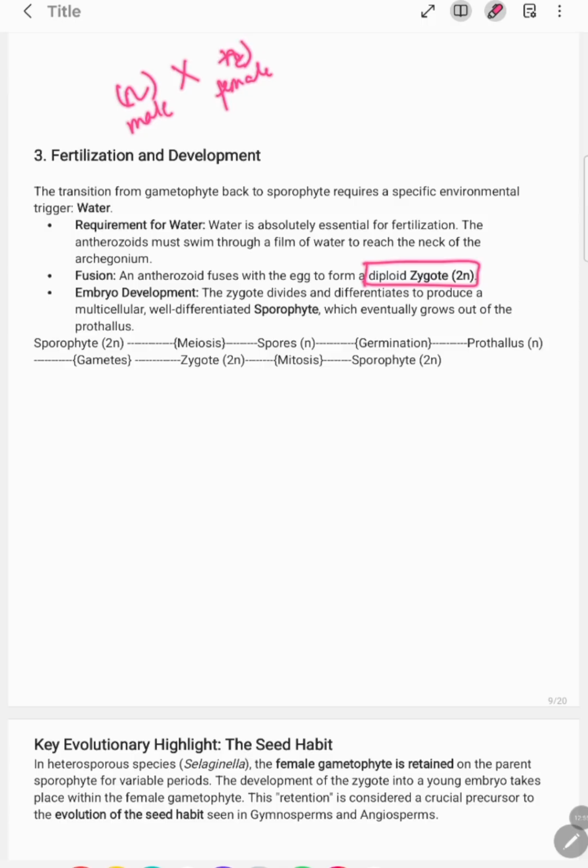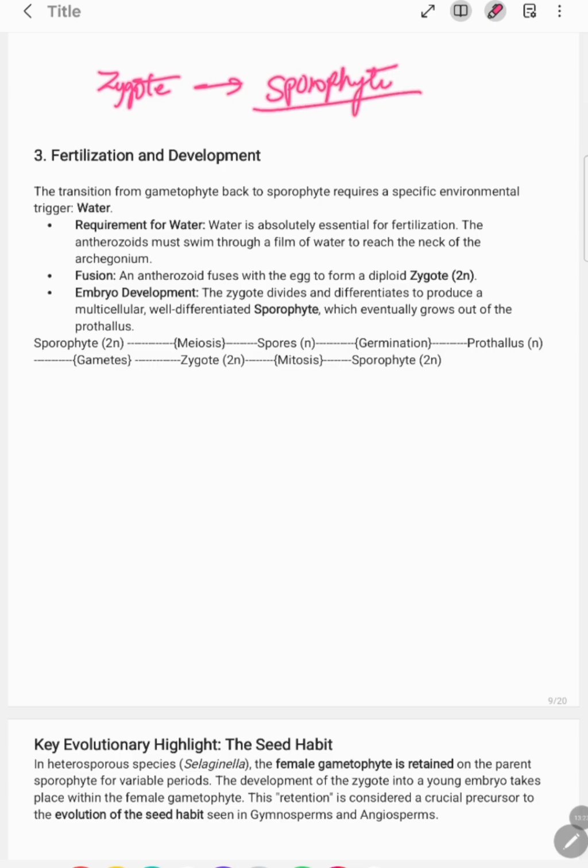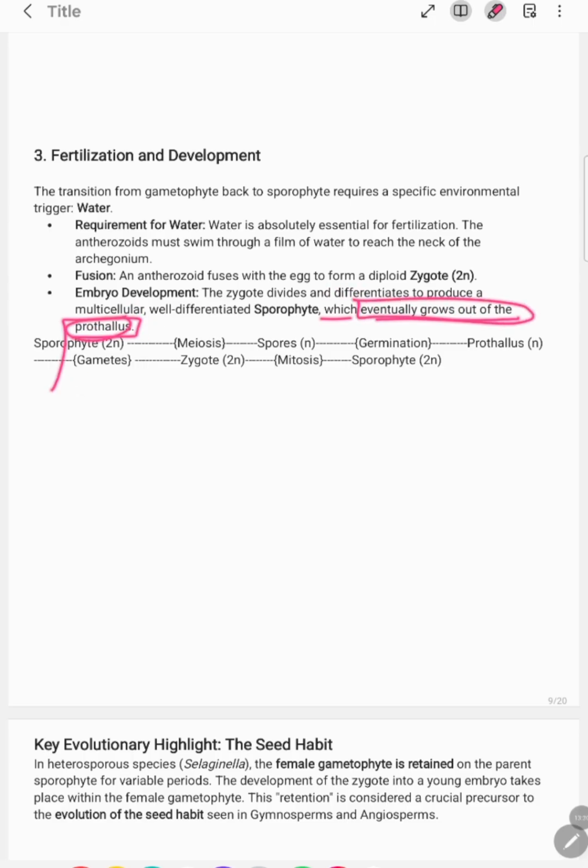The female is also N. It leads to the formation of 2N, which is your zygote. It divides and differentiates to produce a multicellular, well-differentiated sporophyte. Now, from your zygote, the sporophyte is formed, which eventually grows on the prothallus. See, your sporophyte